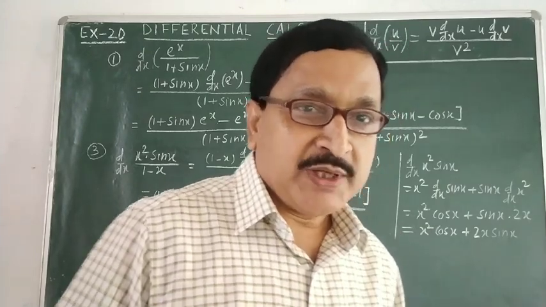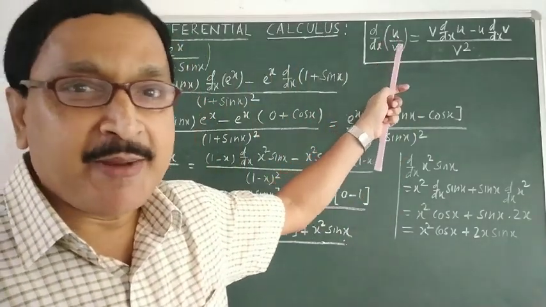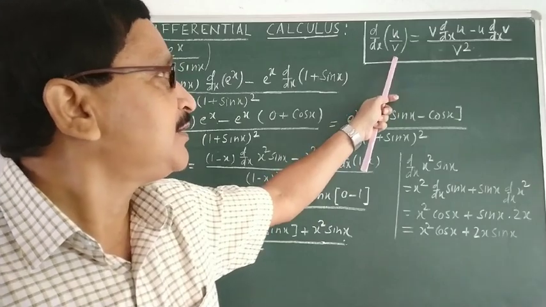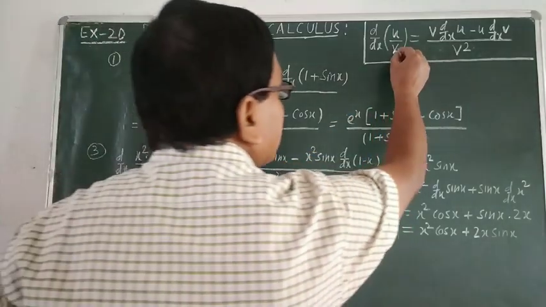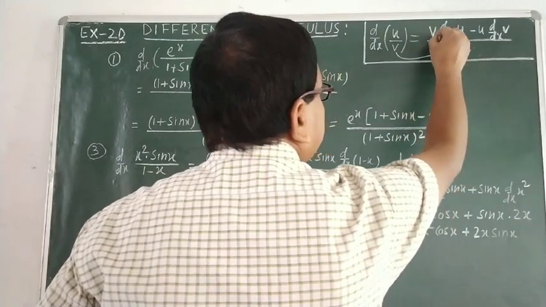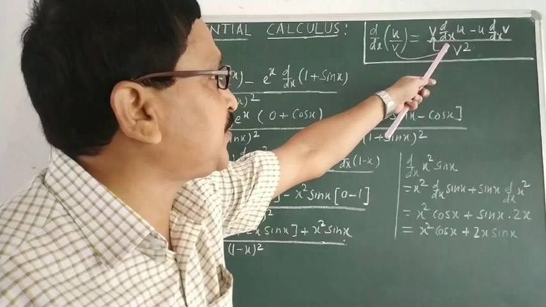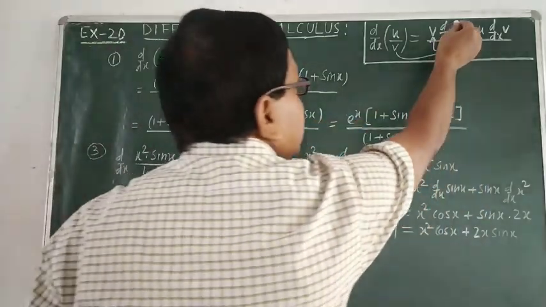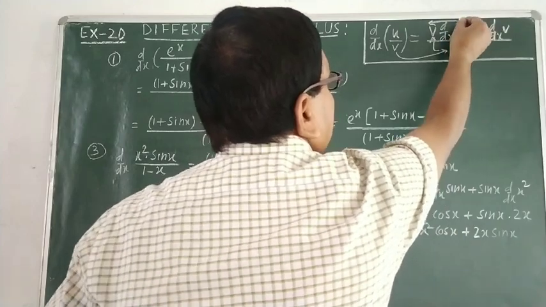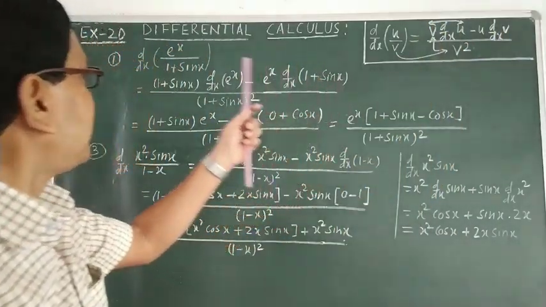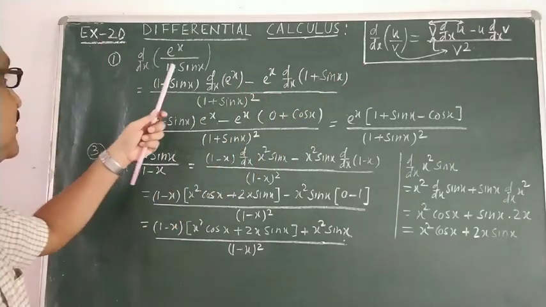In exercise 2D, this format should be remembered: d by dx of u by v is v square in the denominator, and in the numerator v times d by dx of u minus u times d by dx of v. So remember this formula. After that, the first question of exercise 2D is e to the power x